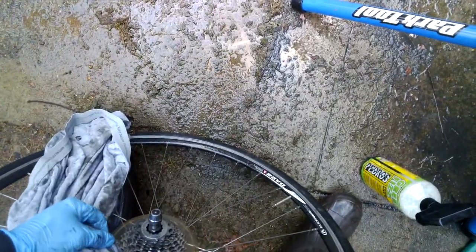Here's the question I was going to ask now. Are you going to put grease inside there on them bearings? No, I won't. That's a full wheel overhaul, and we're not going there tonight. Okay. You can, but this is just trying to save this bike's life. This is an intervention to just keep this bike from